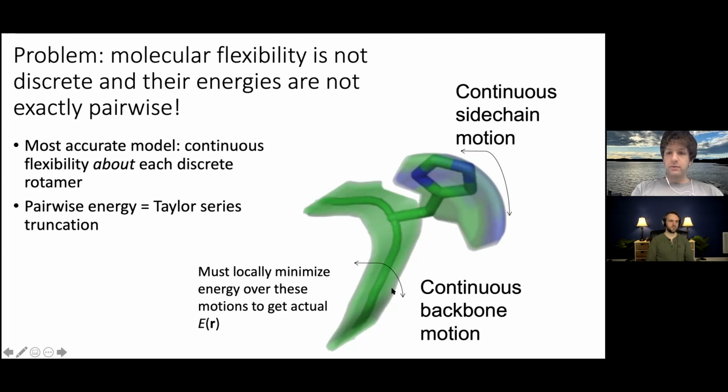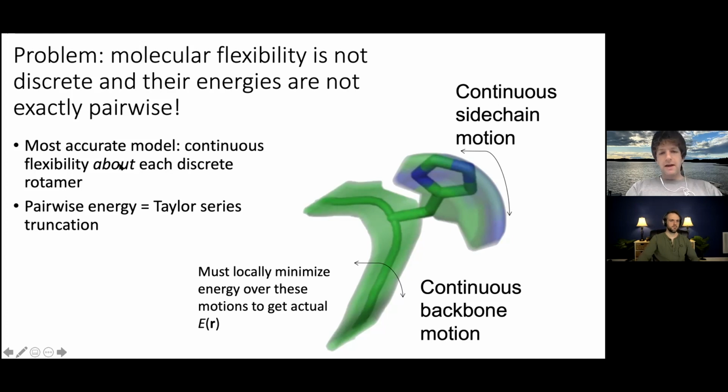So yeah, in this case, the E of R for a voxel. Now your R is still a discrete variable. It's still a list of rotamers. But instead of just being the energy that you calculate from the sort of ideal 3D coordinates at each rotamer, what you want your E of R to be is the minimized energy in sort of a voxel, like a region of conformational space around each rotamer. So basically, out of all these conformations here, the blurry ones around the discrete rotamer, which is shown here, the minimal energy for that should be our true E of R.